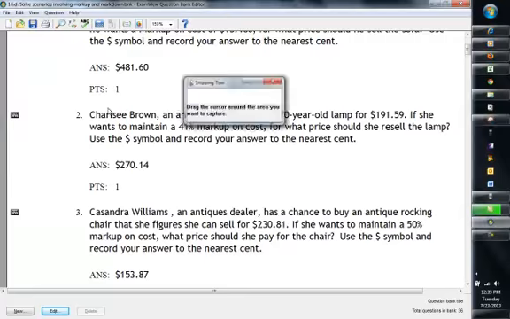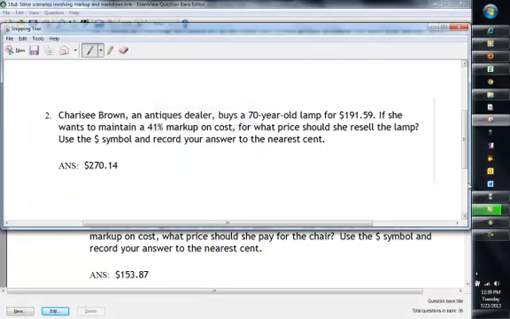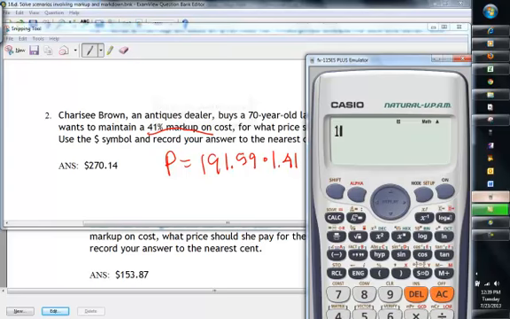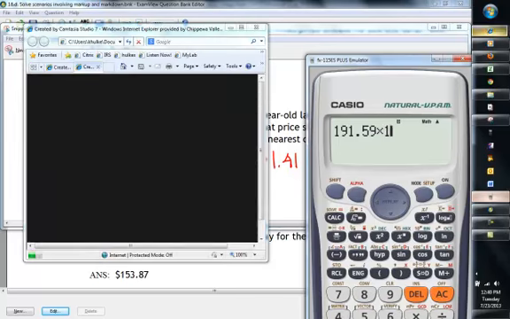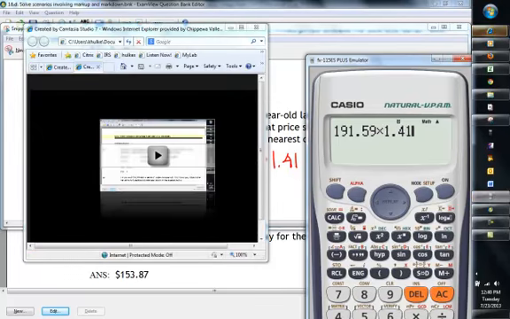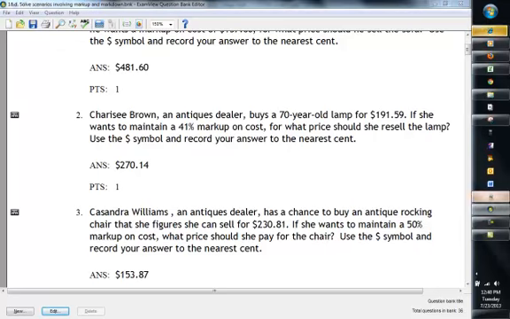Charisse, an antiques dealer, buys a 70-year-old lamp for $191.59. She wants to make a 41% markup on cost, so this is the base. What price should she sell the lamp for? So the part is $191.59. She wants to mark up 41%, so times 1.41. She wants to get all of her money back plus another 41%. So on our calculator, 191.59 times 1.41